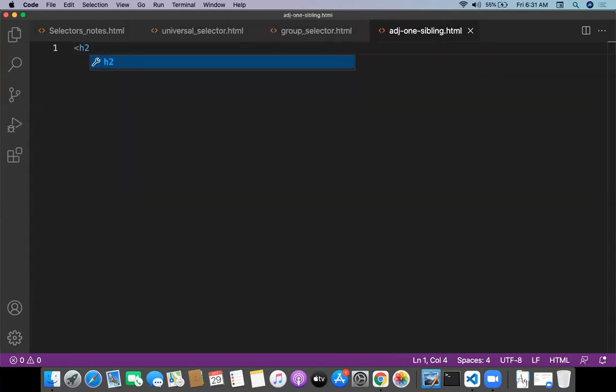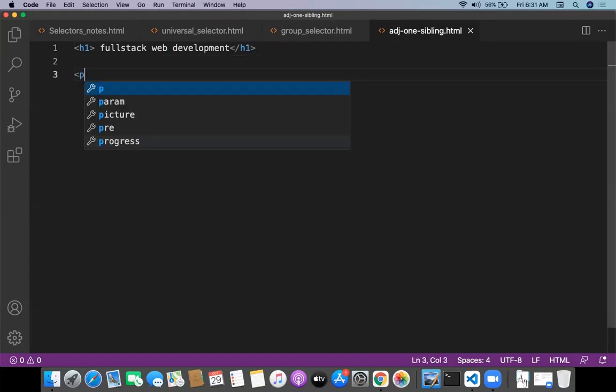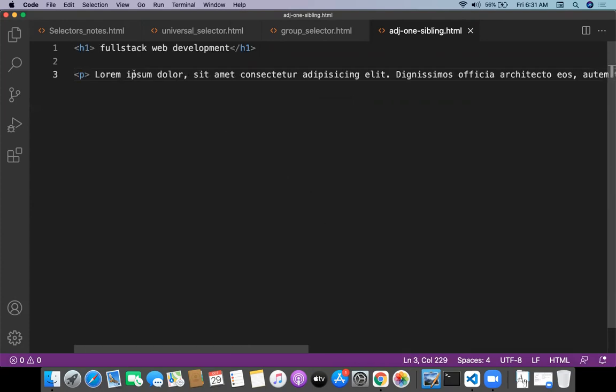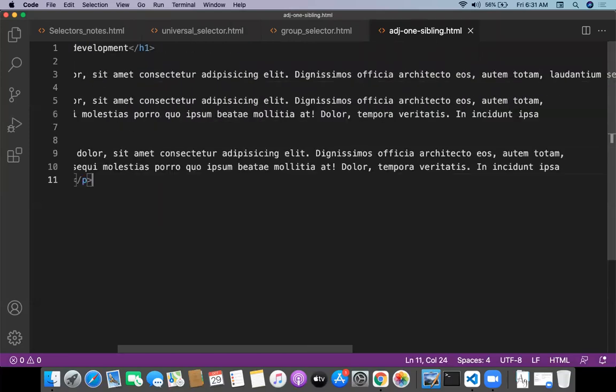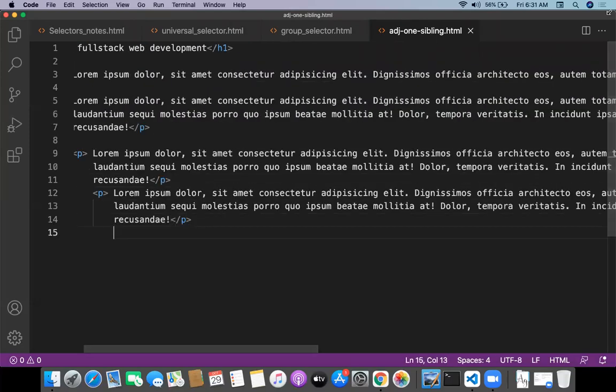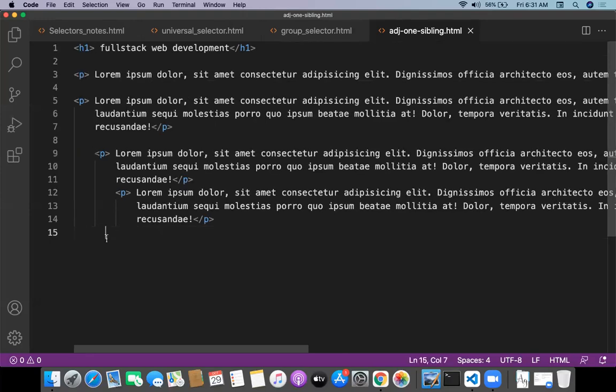I'm taking an h1, this is full stack web development, and after this I'll have a lot of paragraphs. Let me take lorem ipsum. This is the first paragraph, and let me take a number of paragraphs after the h1. How is this adjacent one sibling going to work?